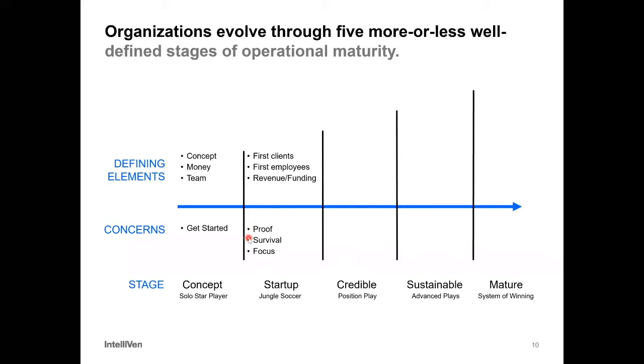How do I get the next dollar to cover the cost of the next employee to do the thing I just committed to do? And the problem that drives is focus, because all of a sudden you start scrambling and saying, I'll take anything just to get a dollar in the door so I can do the next thing I want to do. And so that focus ends up distracting you from working on getting the concept proofed. So it's a very difficult time.